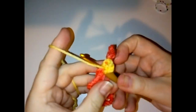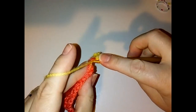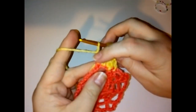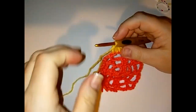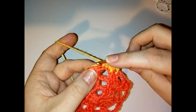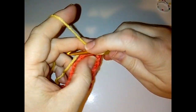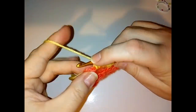So just go into that chain and do a double crochet, 1 into the next, and then 1 into the third. So we've done 4, 1, 2, 3, 4. Okay, and then 1 in the double crochet that we've got there, which is next. So 1, 2, 3, 1, 2, 3, 4, 5, and then 1 in the next chain, which is the first